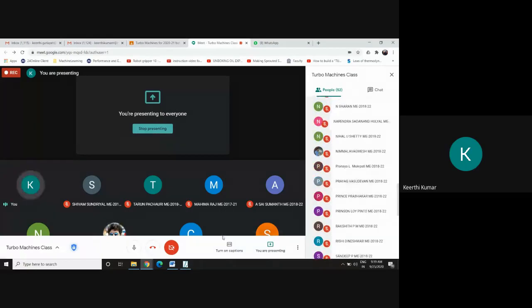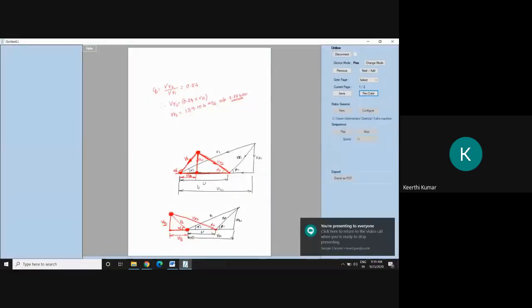Okay. So like that, you try to draw the outlet triangle. See this outlet triangle, the shape of the outlet triangle varies or differs compared to the standard triangle. Do you remember why? Because the shape of the outlet triangle depends upon beta 2 and VR2. Of course, if the length of VR2 is still bigger, then there is no issue. You would have got the same figure. If it went outside the triangle, then definitely you would have got the second figure only, which is the standard one.